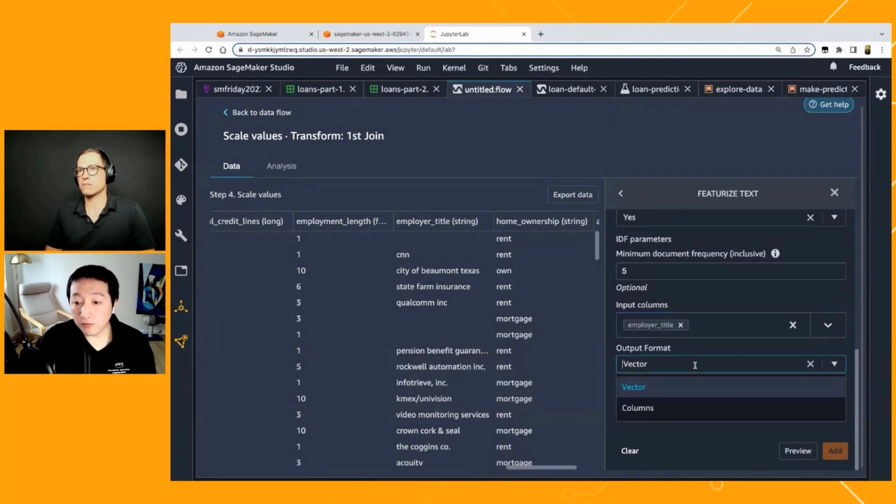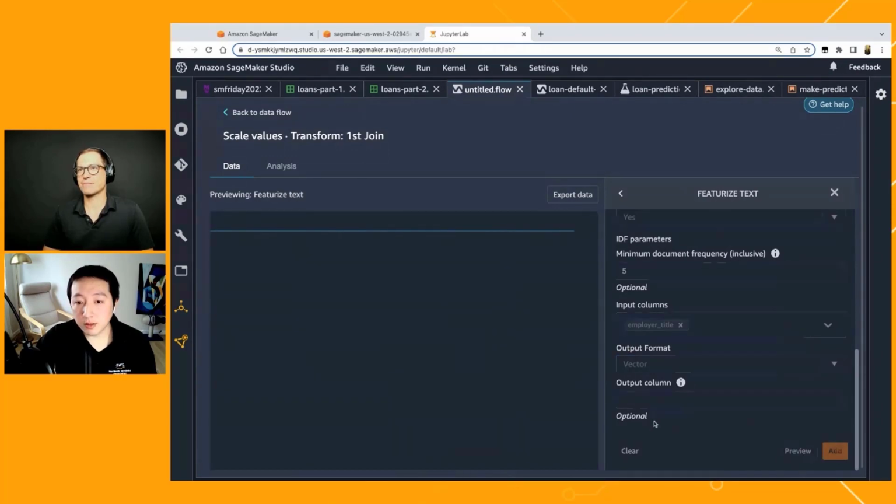There are two output formats, vector and columns, but I would like to use vector because it's a much more succinct way of encoding information. If we use columns, you'll blow out to way too many columns for this freeform text.